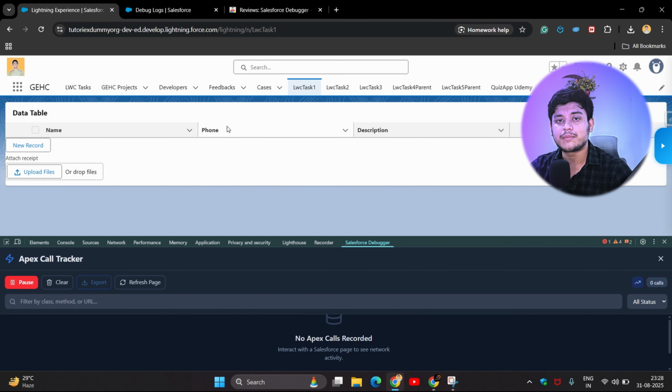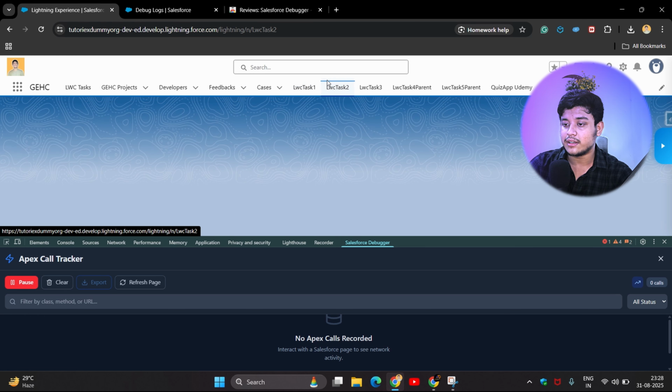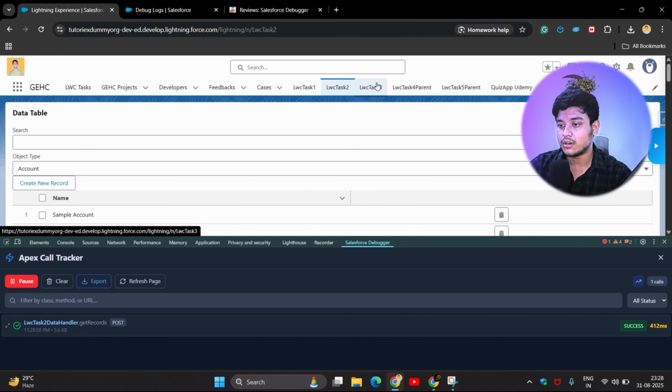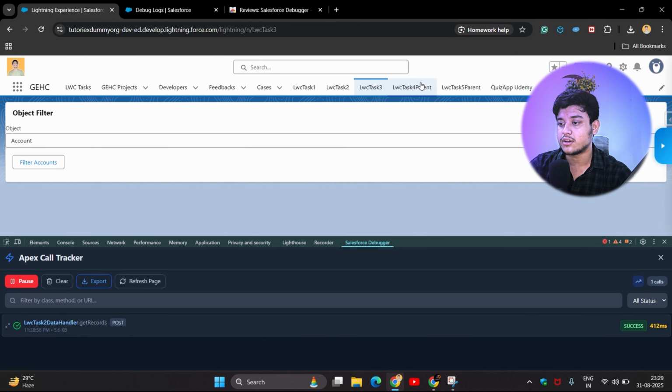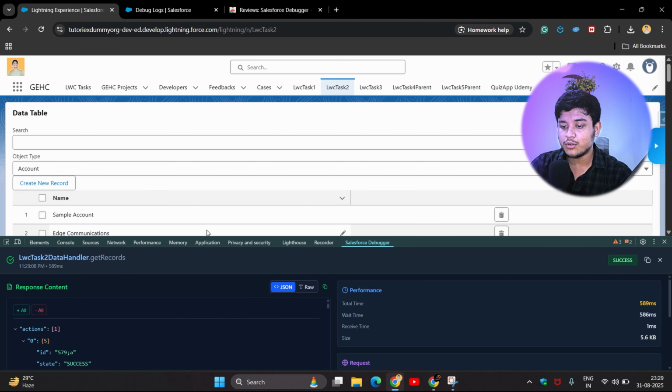Basically, if you have an LWC component and you have used some controller, some Apex classes, you are fetching some data, updating some data, performing some action using an Apex class inside your LWC, you can track the status of that Apex call. So for example, in my LWC task 2 or task 3, there are some Apex calls, right? So let the page load. Here you can see 2 Apex calls are tracked. There is LWC task 2 data handler. This must be the controller. So if I open it,